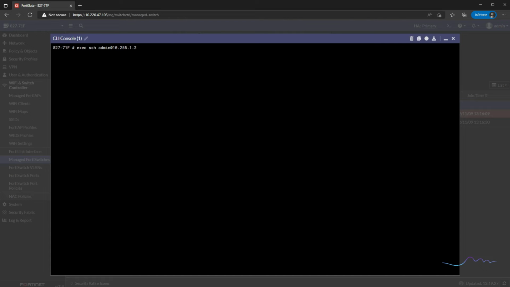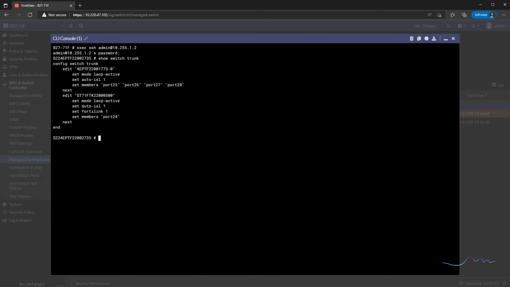Now these switches have just been wired up. They have not been configured at all, other than with whatever the FortiLink stuff is configured. And so we're going to go ahead and log into them. Okay, so show switch trunk. Look at that. Just by connecting them up, we can see that